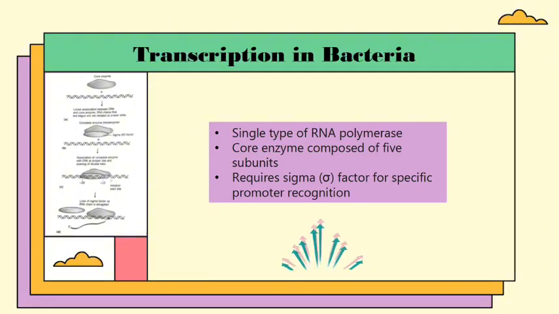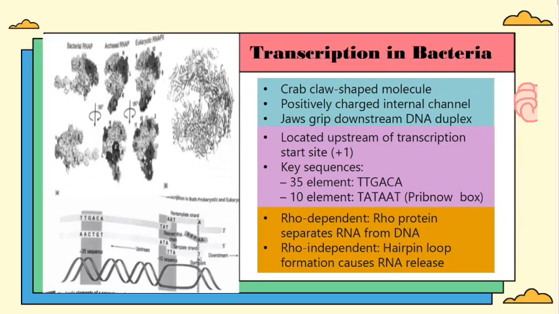And the attachment of sigma factor to the core enzyme increases the enzyme's affinity for promoter sites in DNA and decreases its affinity for DNA in general. As a result, the complete enzyme is thought to slide freely along the DNA until it recognizes and binds to a suitable promoter region. Another one is the crab claw-shaped molecule with a positively charged internal channel,